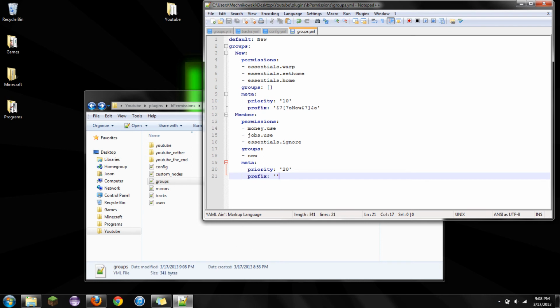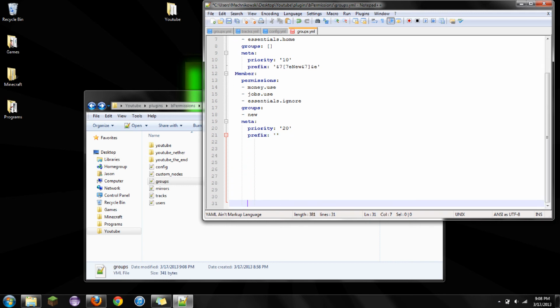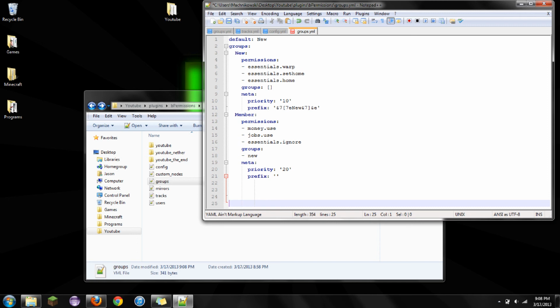But yeah, that's it. For some reason, I found out that if you have like a bunch of empty space here, bPermissions gets really finicky. I don't know what it is, so make sure that you clear out your bottom lines. It really shouldn't matter, and if you have one or two, it's not going to make a difference. I just found out that if you had a lot, I'd accidentally made a mistake and had a lot, it just bugged my server really bad. So make sure that you clear out those bottom ones. And then,